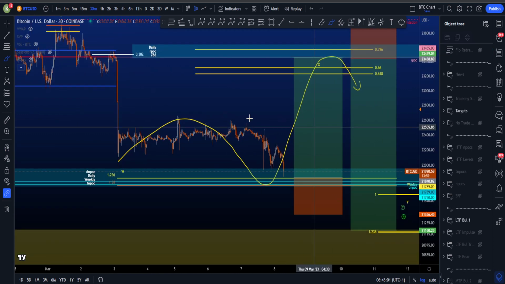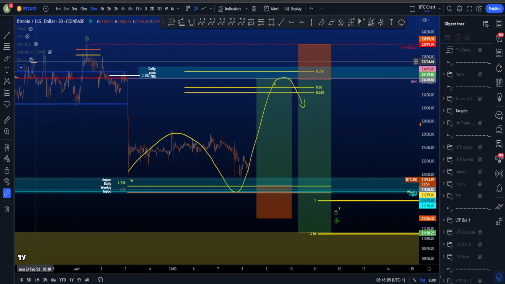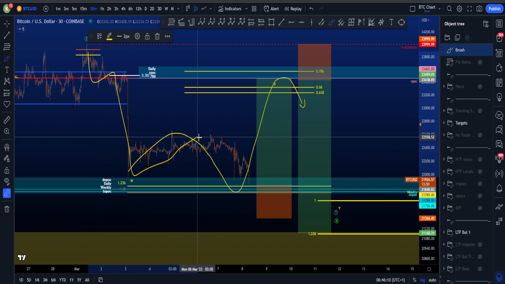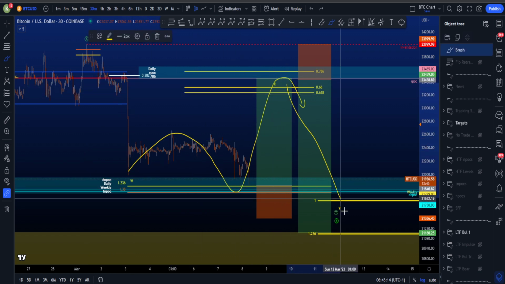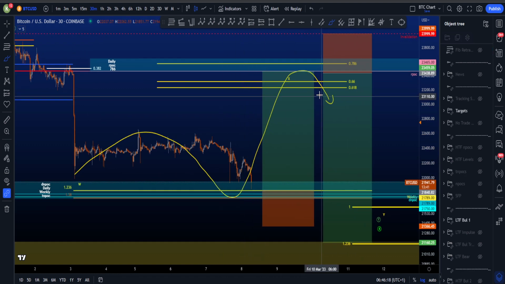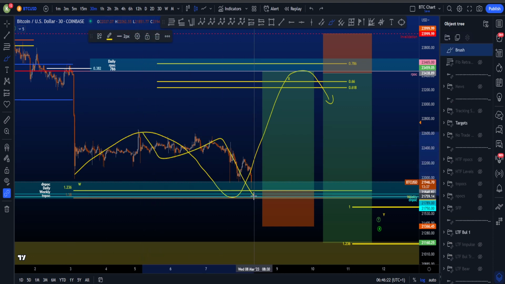And the first one is that potentially we are in a WXY over here. So in this scenario, this then is a 3-wave structure followed by another 3-wave structure in wave X, and then eventually going down for wave Y. In X, this would then be some sort of an expanded flat. So we then have W, some sort of a 3-wave in the X,